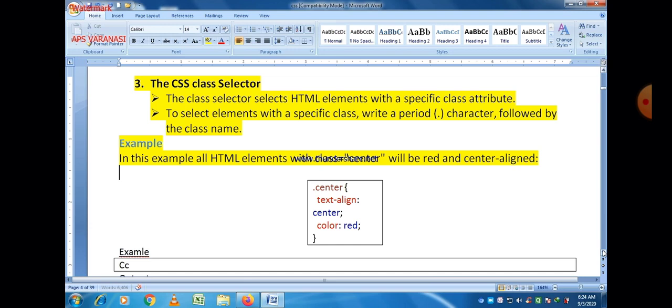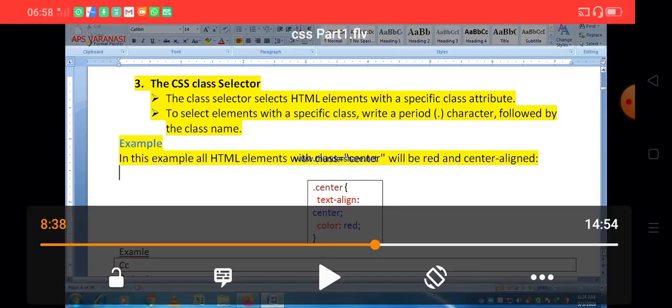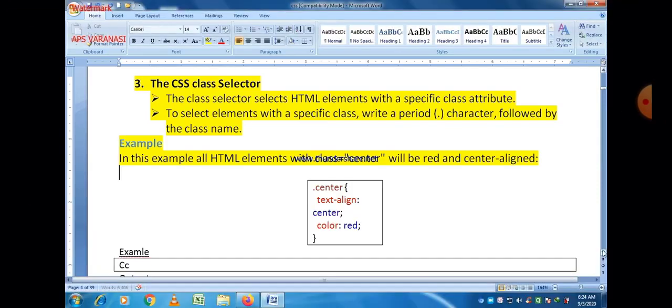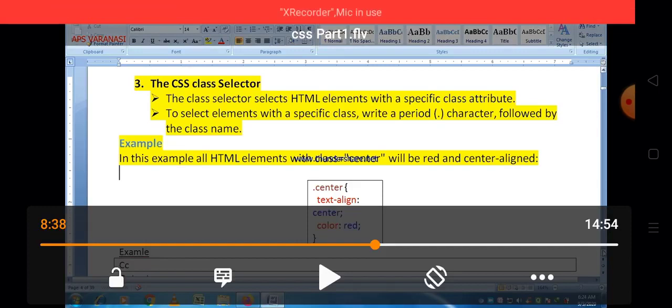Suppose there are two tags, a paragraph tag and a heading tag, that belong to the center class. When we write dot center, and within the curly braces we write text-align colon center and color colon red semicolon, and close the curly bracket, it simply means that this theme is applied both on the paragraph as well as on the heading tag, because both of these belong to the center class.